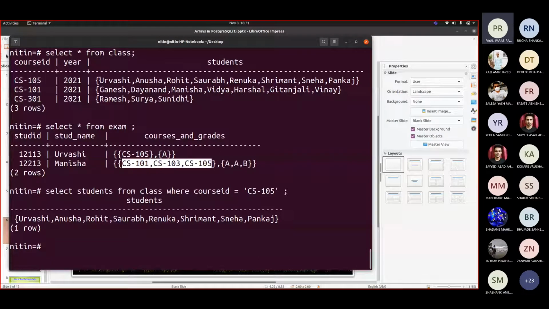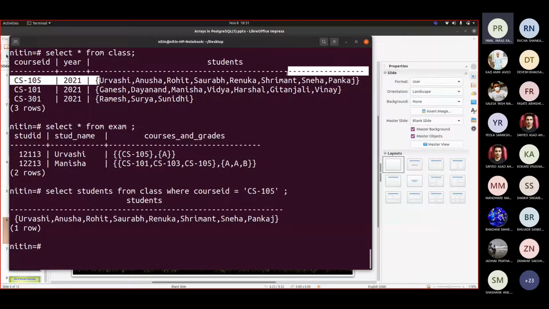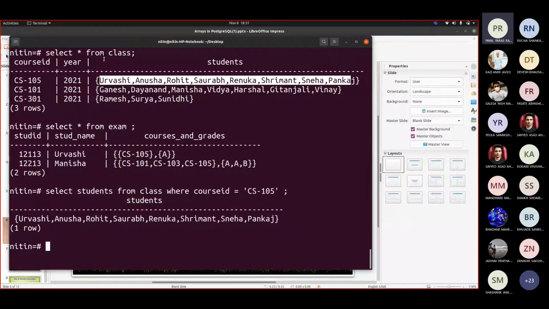Now I am not using any subscript here. This array is subscripted 0, 1, 2, 3, and so on. For every row, there is an array added. So can you think of this to be a multi-valued attribute? Actually, it is. Student is having multiple values.